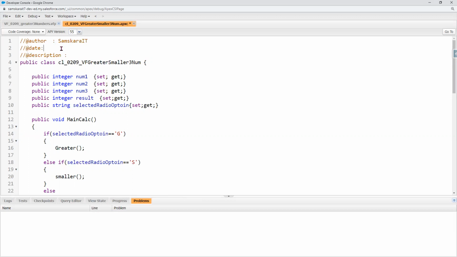Okay. When did you implement? Give the date. 02/09/2022. Okay. Description. When I say description, what is the purpose of writing this class? Okay. Implemented business logic, implemented the class to identify